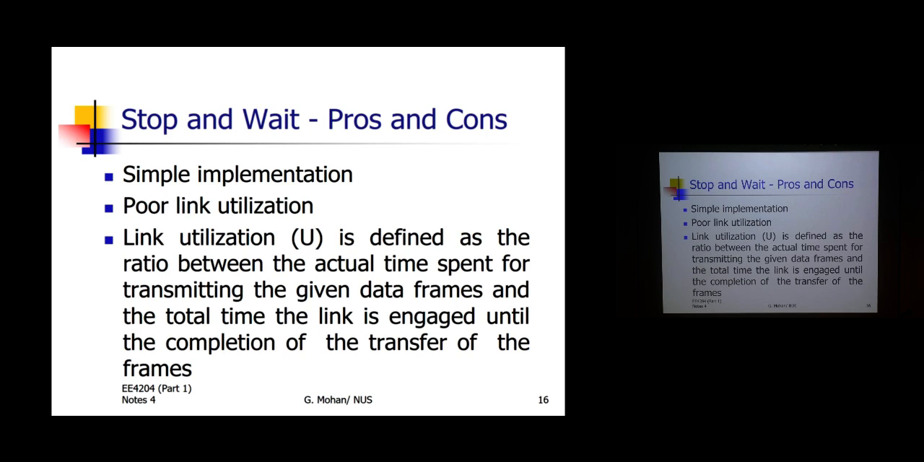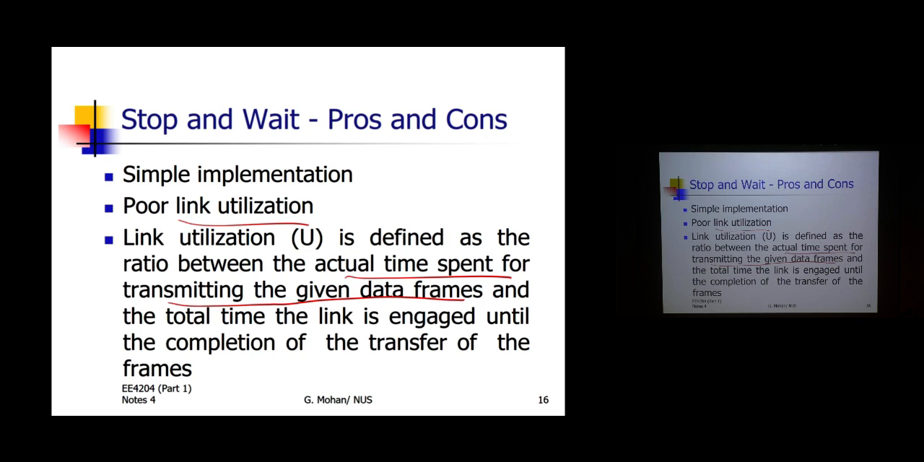Okay, we have already seen that stop and wait is simple to implement, but in terms of resource utilization, or link utilization, or bandwidth utilization, it is poor. So how do you define link utilization? Later we derive some simple expressions, but just look at a quick definition. It's defined as the ratio between the actual time spent transmitting a frame and the total time the link is